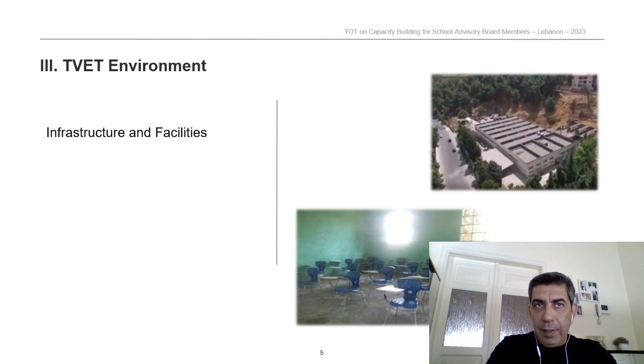We start with the TVET environment, with the infrastructure and facilities. The TVET landscape in Lebanon's infrastructure and facilities varies due to factors like funding and regional differences. Common elements include workshops, classrooms, equipment, computer labs, and more. However, limitations exist, such as restricted access to technology resources, outdated libraries, and inadequate maintenance. International NGOs could contribute, but maintenance and management issues persist, affecting functionality.